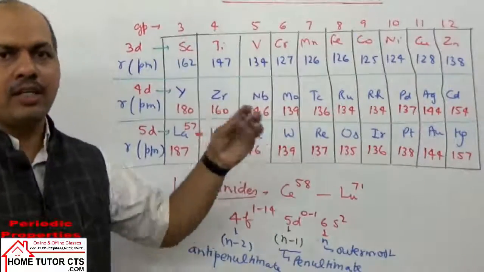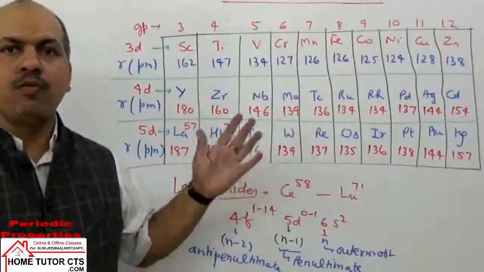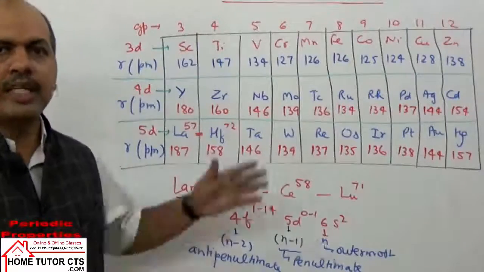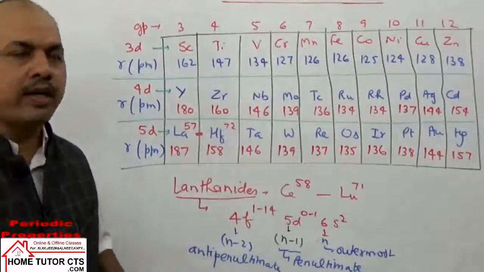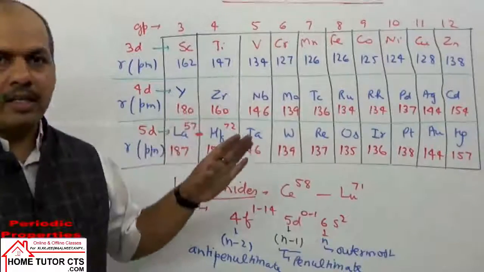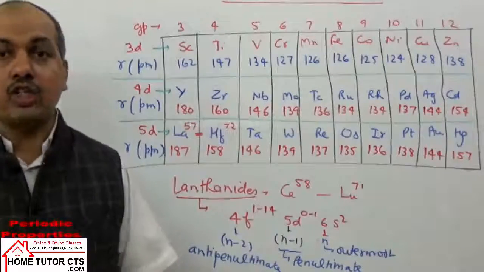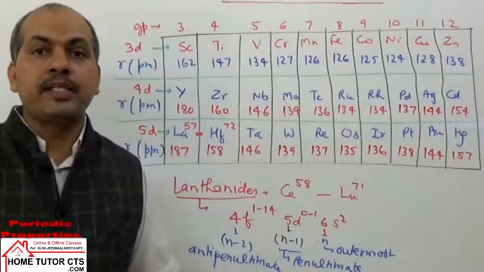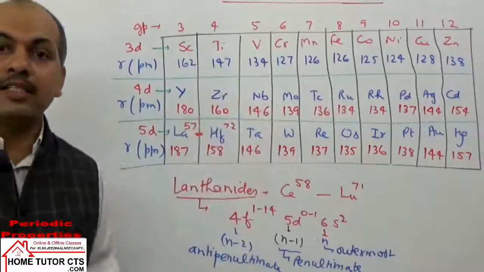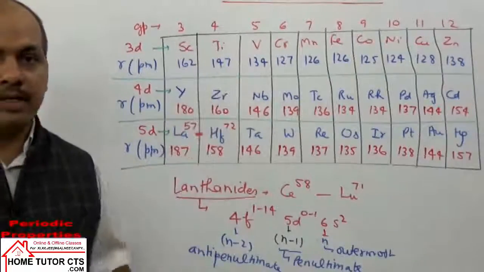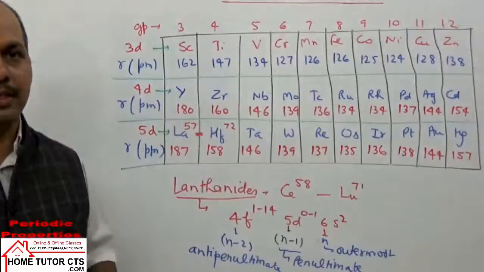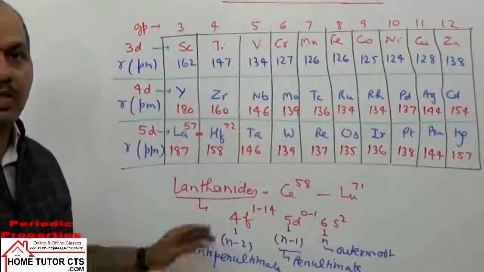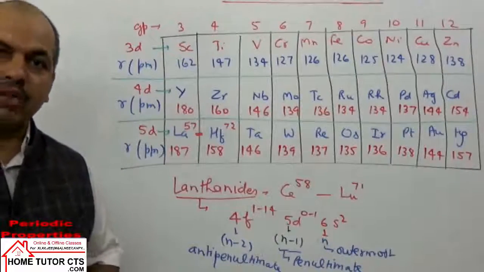For same reasons you can take in some p block elements, size of element will not increase regularly on moving down the group. That will be discussed more when you take the p block elements in detail. But you can take sometimes because of lanthanide contraction or d or f orbitals' poor shielding effect on moving down the group, size of atom may not increase as expected. Especially you take group 13 elements. In group 13 elements also the same thing happens. So anyway, that is the exception to the size variation of the elements on moving down the group or along the period.